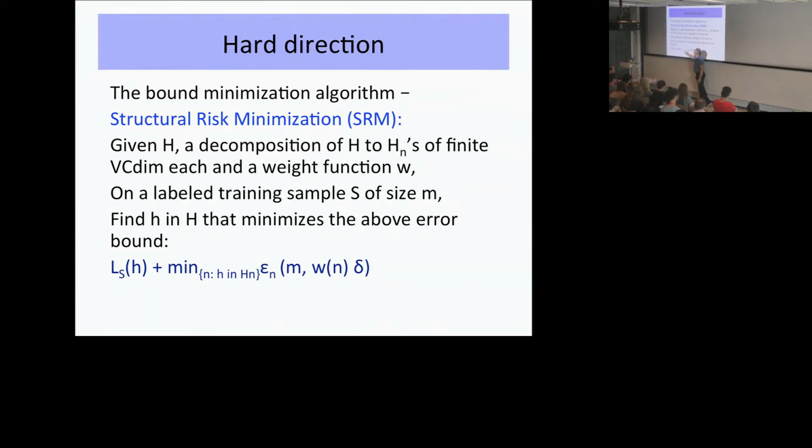If the class in which H lives comes high in the hierarchy, I'm giving it a big penalty. So now I'm trying to minimize not just the empirical error, because just doing the empirical error on an infinite VC class will give me overfitting, but I'm minimizing a sum of the empirical error plus a penalty on being complex. If the H lives in a high Hn, I consider it a complex H,